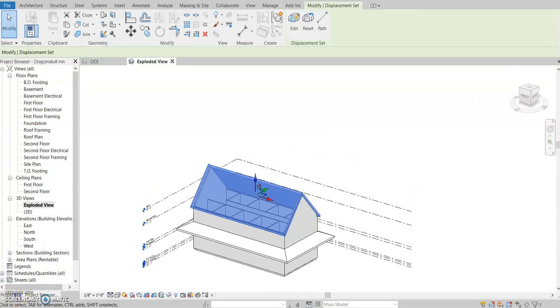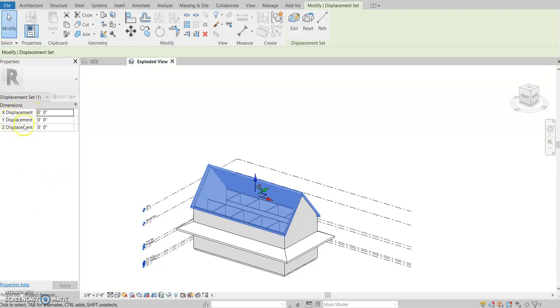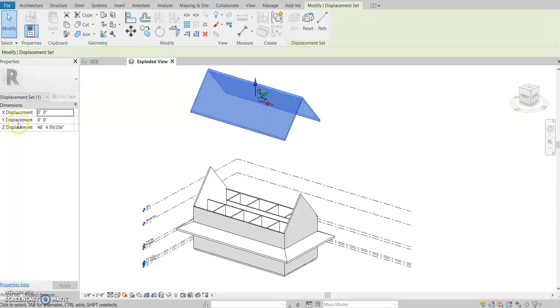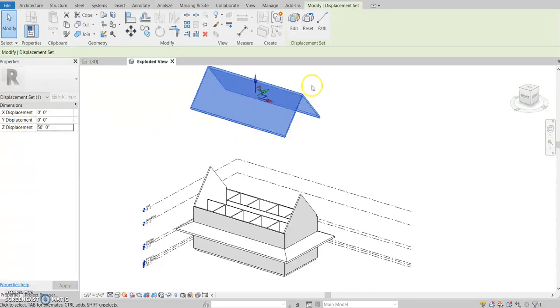So if you come over here to properties, you have X displacement, Y displacement, and Z displacement, which is these arrows. So we want to go up with ours. So we'll click and drag this up, and you can see that our Z displacement is at 48 feet, 4 inches, and 39, whatever. So if you want to, you can leave it at that. Or you can actually come in here and let's say 50 even, and that'll actually pop it up to 50. And so